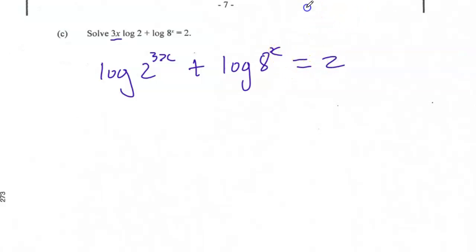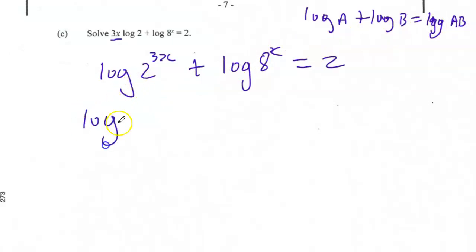Now remember that log a plus log b equals log ab, right? So we can combine both terms by multiplying. So one log, and we multiply the terms here: 2 to the power of 3x times 8 to the power of x equal to